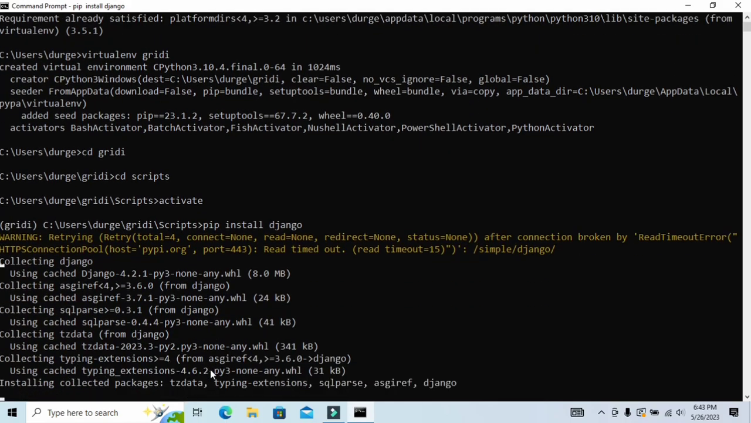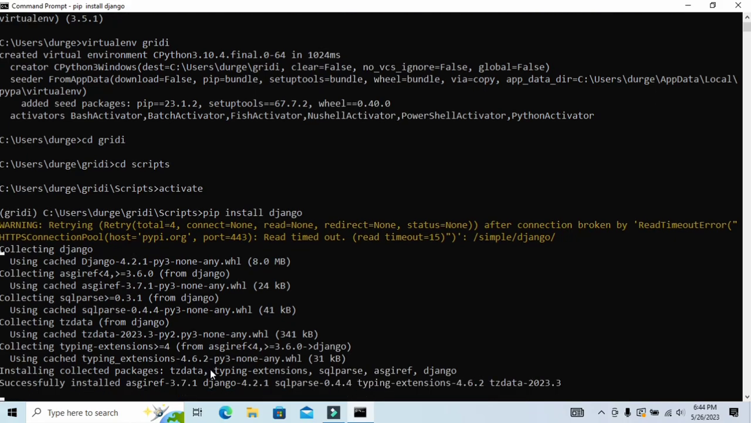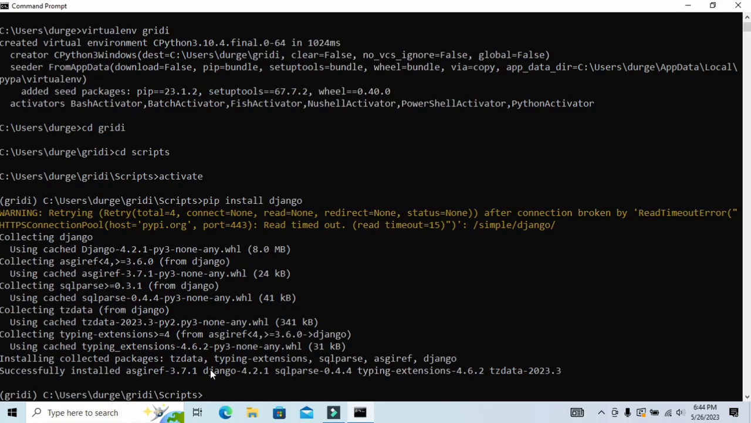Here you can see it successfully installed. It will take a few seconds more to install all the packages. Yeah, here you can see all the packages related to Django are installed. And so this is how you can create a virtual environment and install Django in the